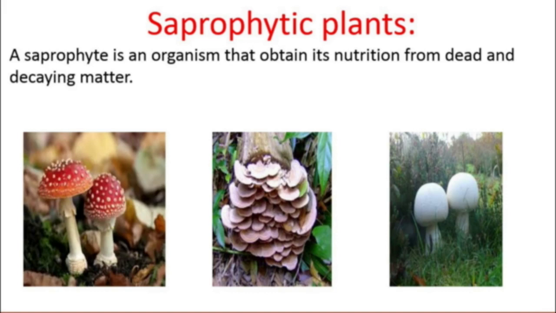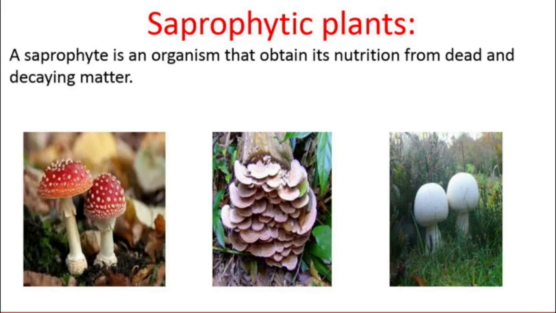Here you will observe greenish grey thread-like growth on the surface of the bread, right? This is bread mold, and this bread mold is a fungus. Fungi cannot make their own food. These organisms release digestive juices and convert the matter into a simpler liquid form which is absorbed by the organisms for nutrition. In this manner, saprophytes obtain their nutrients because they secrete some juices so that it is easier for them to absorb the nutrients from the dead and decaying matter.